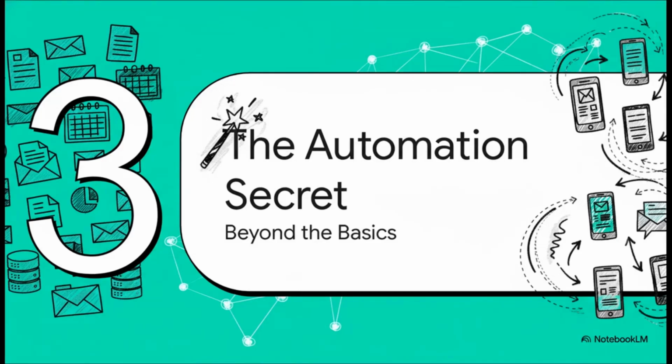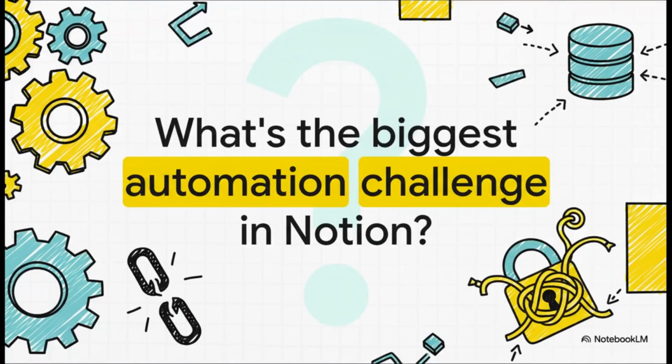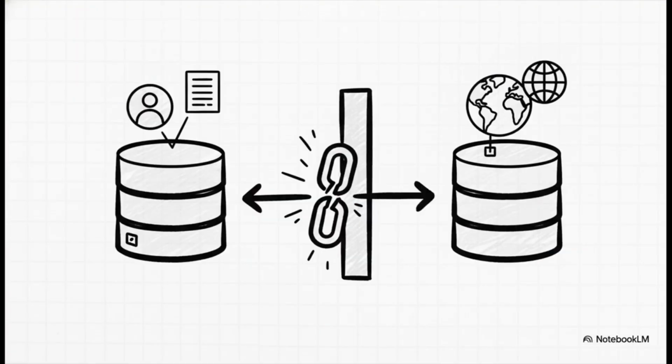So, okay, you can pull pretty much anything into Notion, but what about the other way around? What about making Notion talk back to your other apps automatically? Now this is where we get into the real magic. And this brings us to one of the biggest frustrations for even the most advanced Notion users. There's this one key action that has been notoriously difficult, maybe even impossible to automate with standard tools. And here it is, automatically linking an entry in one database to an entry in another.